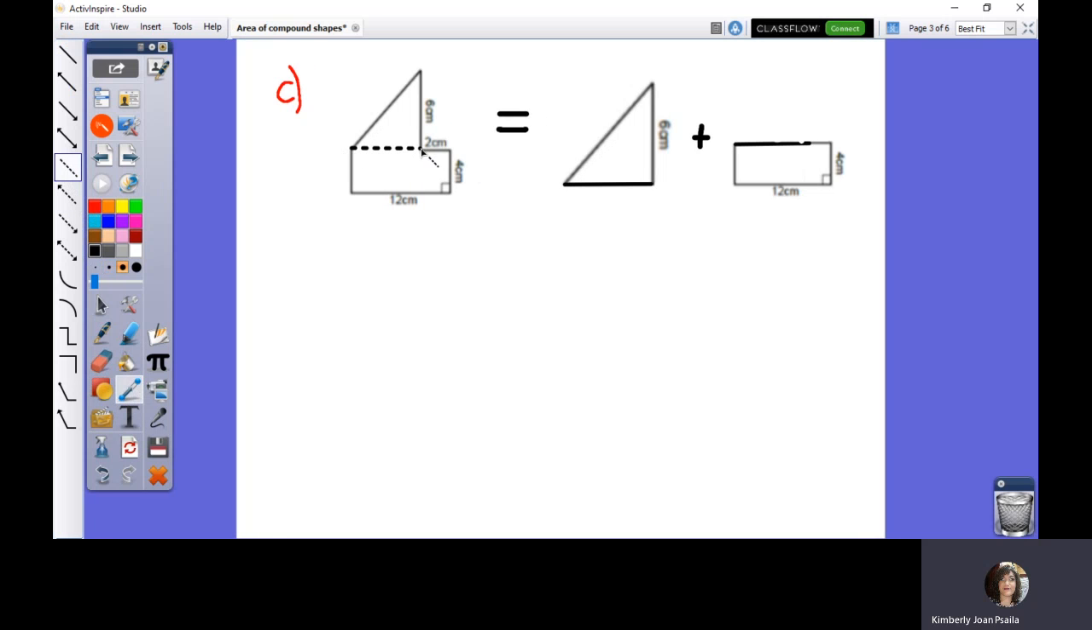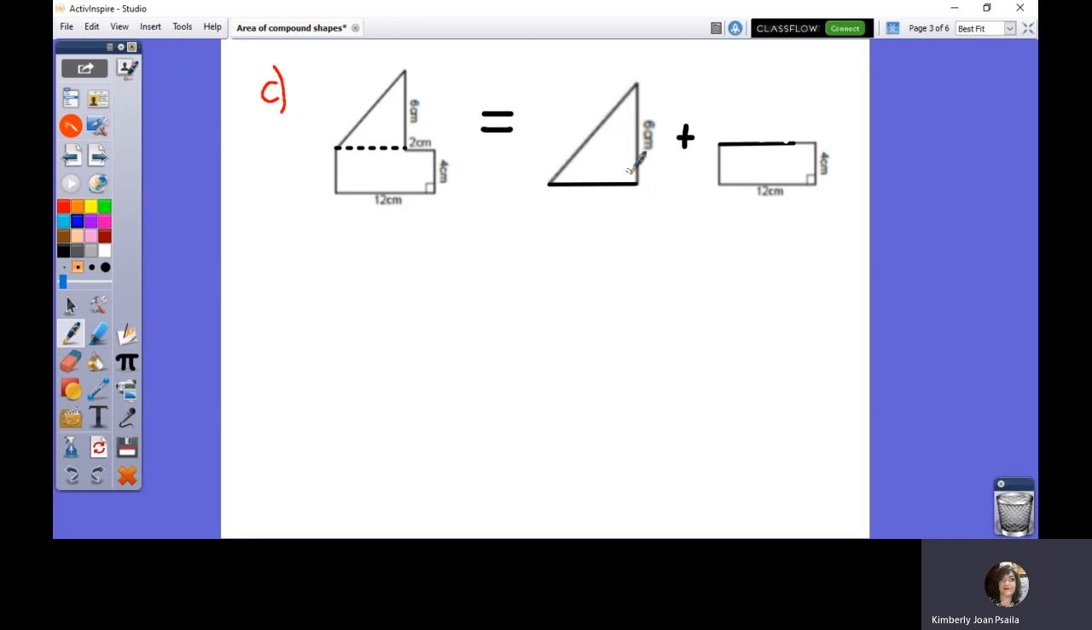I can see that I have formed a triangle and a rectangle. Okay, so a triangle and a rectangle. I should name these, okay? Normally we use letters of the alphabet, so this is shape A and this is shape B. And let us work it out bit by bit. So area